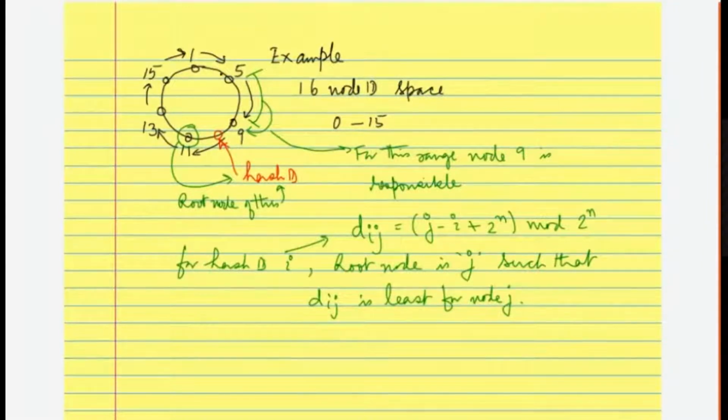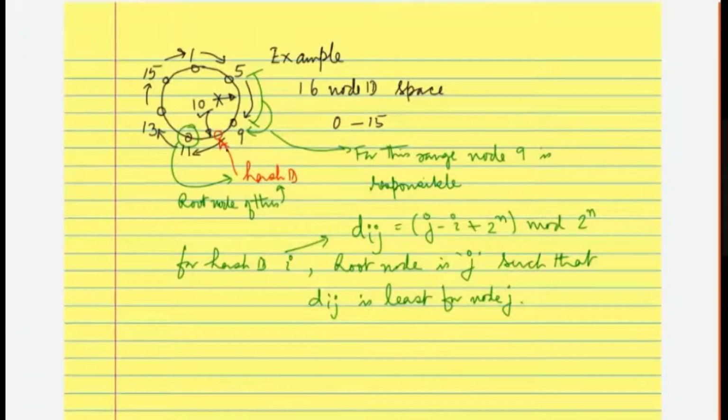This is the way it is going to be arranged. I am taking an example of a 16 node ID space, so numbers can only be given from 0 to 15. There are some nodes arranged in the circle. After 1, the 5 will come, as there is no node with value 2, 3 or 4. From 5 there will be 9. Remember they are in order, so you are not going to get a 10 in this position. 10 has to come only after this one, so 10 can only come at this location. This is the correct place if I have to insert 10. This is the way things are organized.